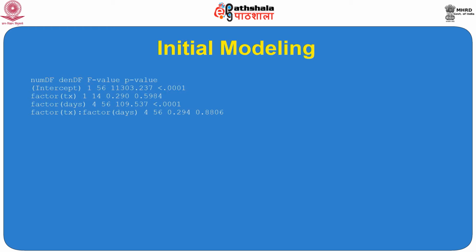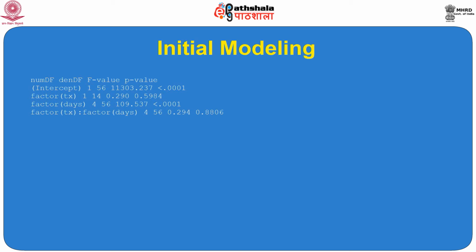So there is no interaction effect between treatment and days that can be noticed here, but obviously days have a significant role in reducing the systolic blood pressure. That's why the p value for days is less than 0.05, whereas treatment did not have any significant role in reducing the systolic blood pressure. That's why the corresponding p value for treatment Tx is coming as